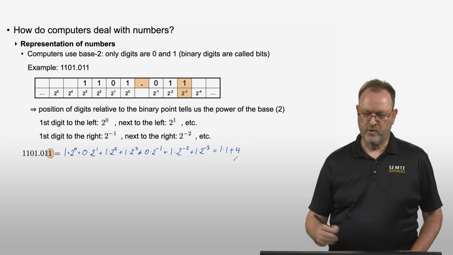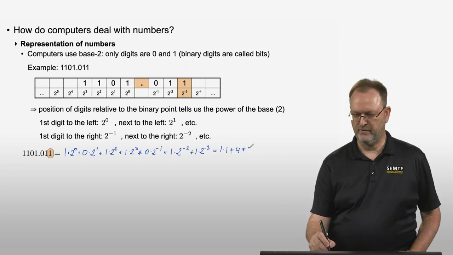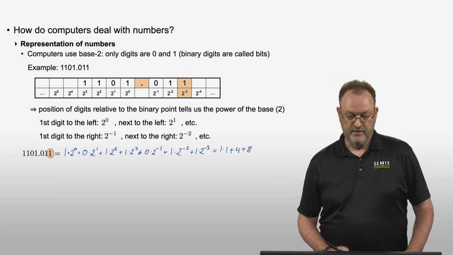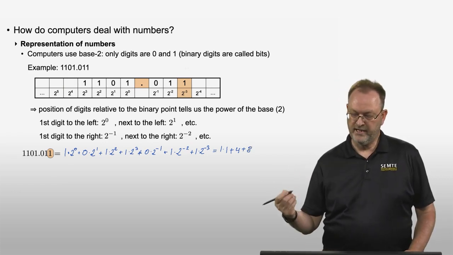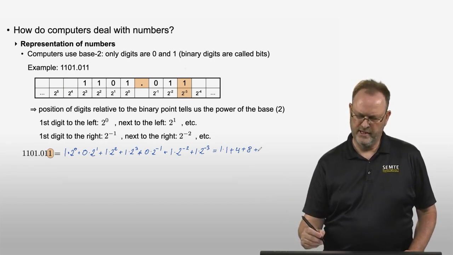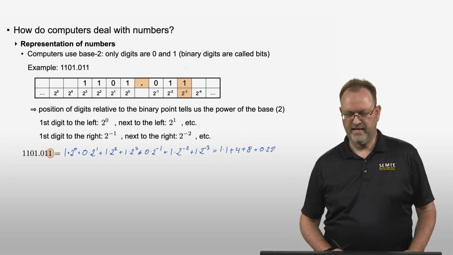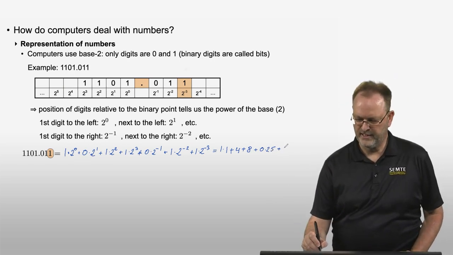Then we have plus 1 times 2 to the power 3, and 2 to the power 3 is 8, so plus 8. Then 0 times something is 0, plus 1 times 2 to the power negative 2. That would be 1 over 4, so that would be 0.25. And then the last digit is 1 times 2 to the power negative 3. That's 1 over 8. That is plus